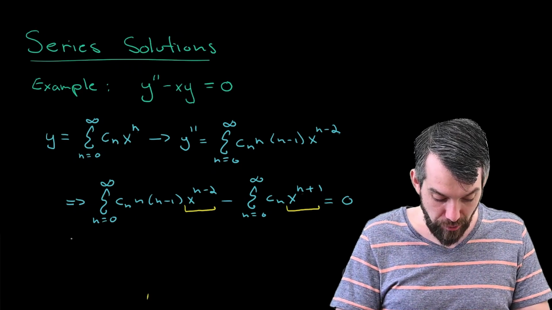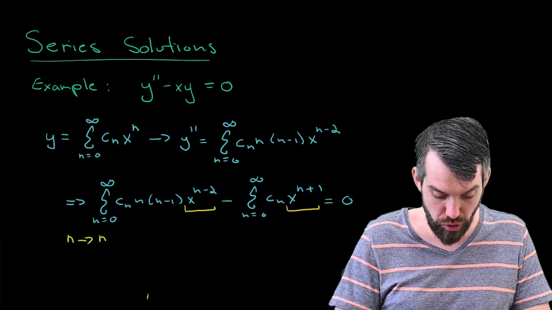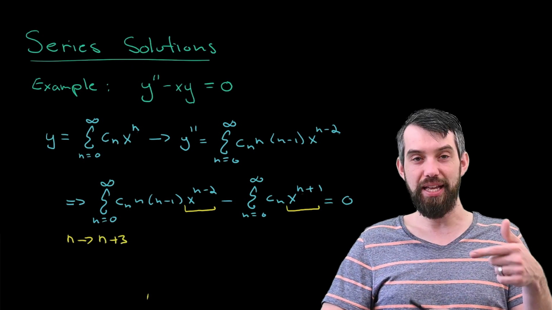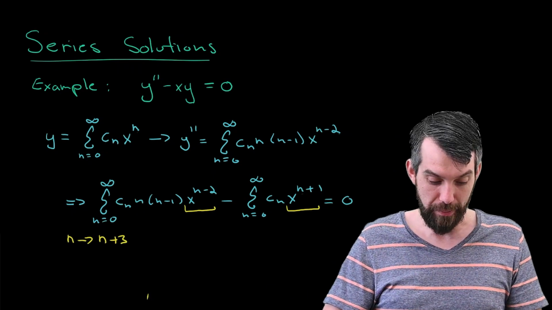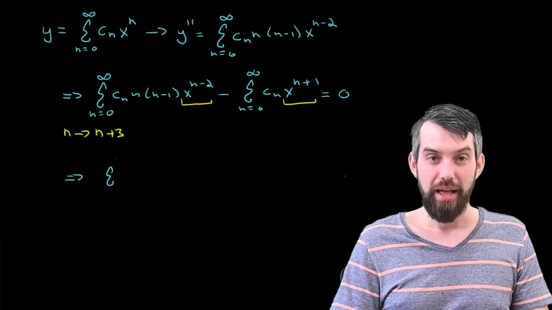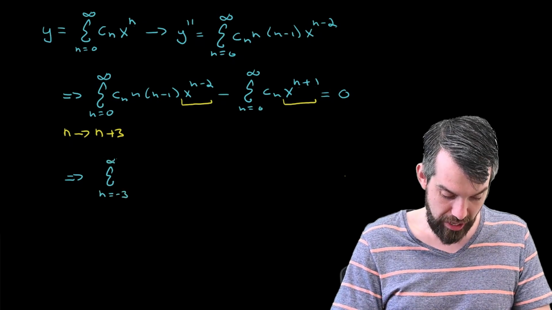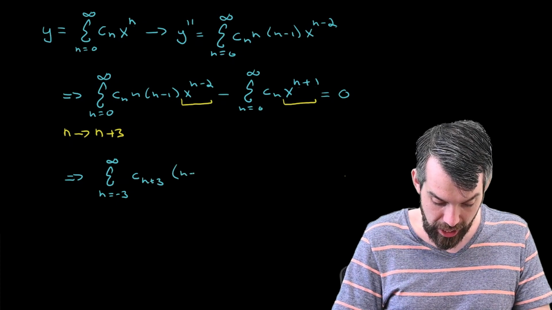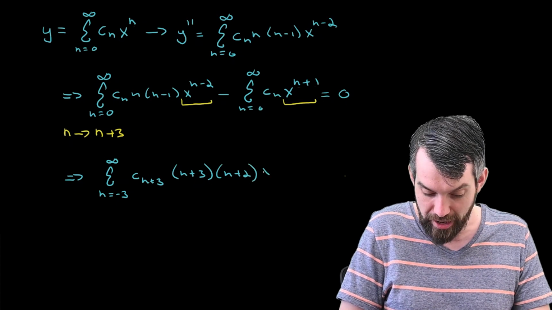So what I'm going to really focus on is the first of them. I'm going to take the n in the first and send it to n plus 3. The reason I like that is that x to the n minus 2, when you add the 3, is going to become x to the n plus 1, and so they're going to align. Okay, giving myself some space, this is going to become the sum, where n plus 3 equal to 0 is the same thing as n equal to minus 3, and we're going to tweak that in a moment. Then we have n plus 3 times n plus 3 minus 1, which is n plus 2, now,